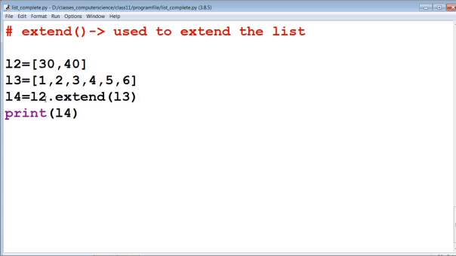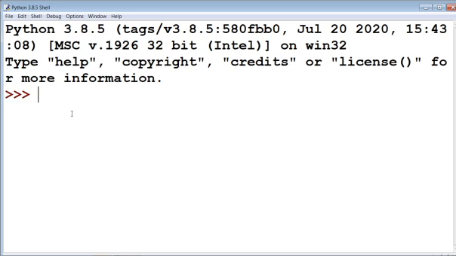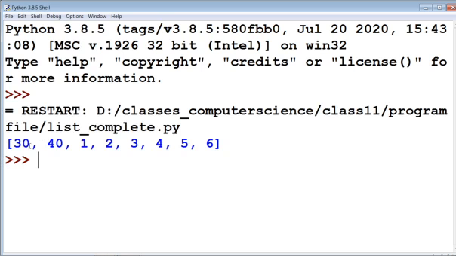Now we have extended L2. We have extended the list with L2 dot extend L3. Then we are going to print L2. Now we can see the output. Both the lists extended, L2 values 30, 40 and L3 values 1, 2, 3, 4, 5, 6.